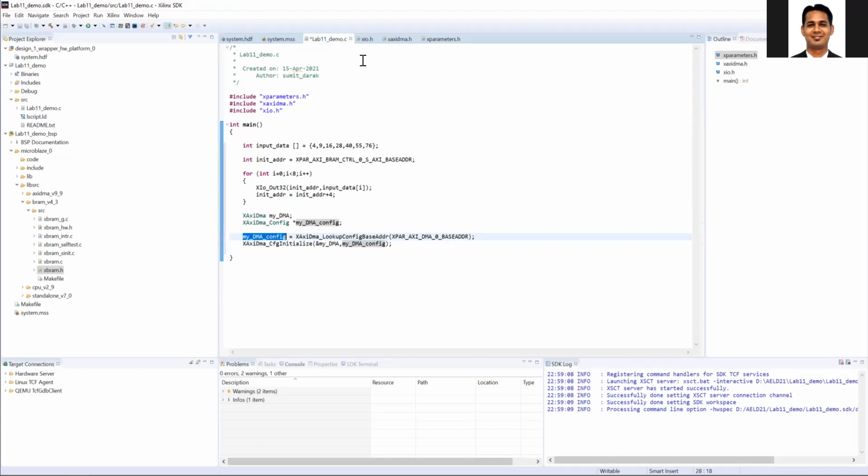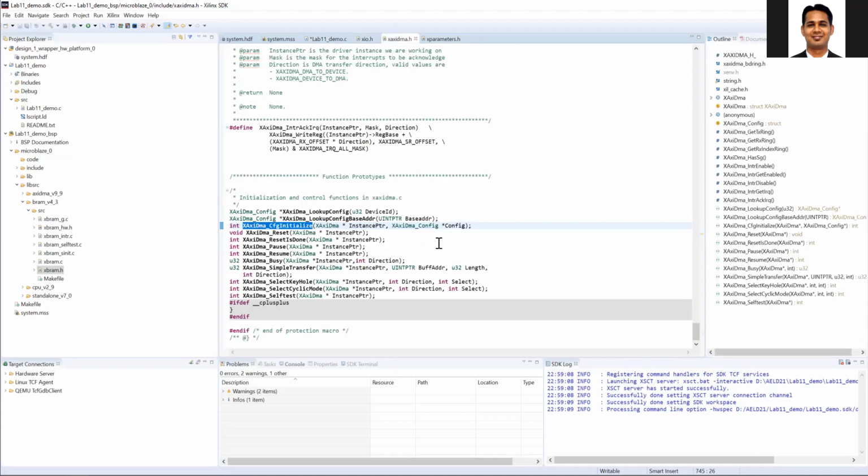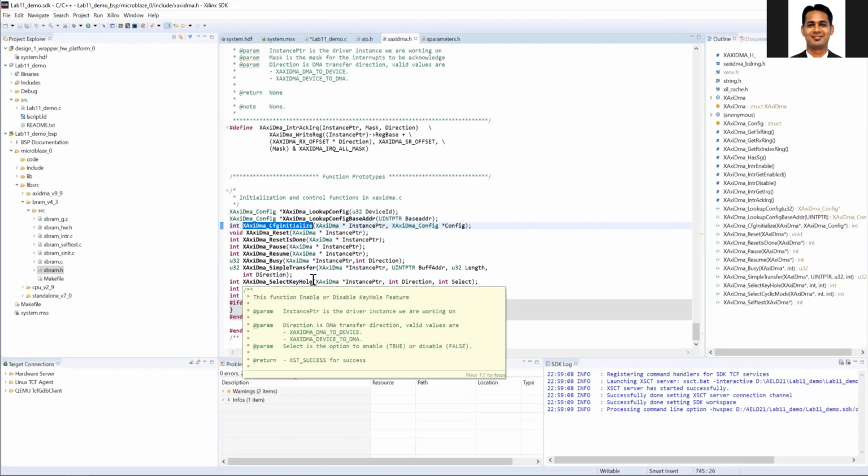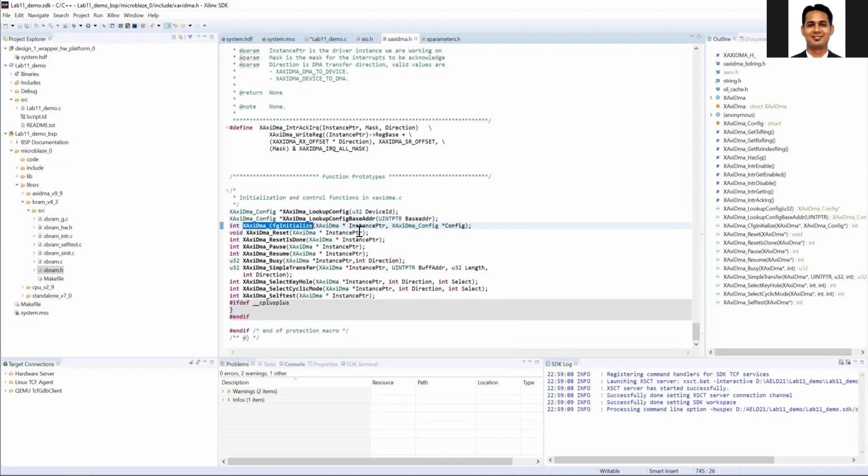Then what I need to do is the simple transfer. So there are two transfers I need to do. I need to read the data from the block RAM and pass it to the IP, from the DMA to the IP, and then from the IP to my DMA and to the block RAM. These are simple transfers, not burst transfers or non-contiguous memory. It's contiguous memory. You are going to take the contiguous 32 bits of data and pass those data to the IP. So there is this function called simple transfer.